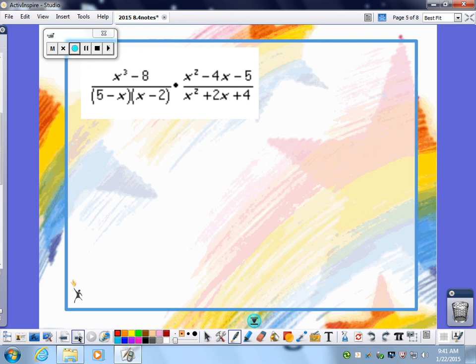All right, step number 1, we're going to factor everything. Let's factor that x cubed minus 8. Here's practice factoring. That's the difference of cubes, so we're going to use our SOAP pattern again. So factor that, x cubed minus 8: x minus 2, x squared plus 2x plus 4